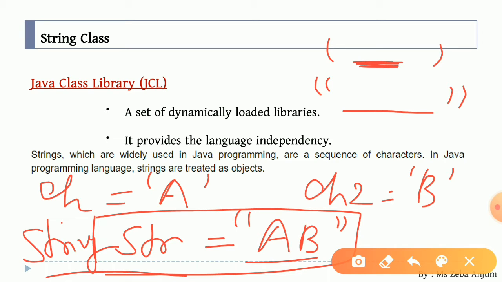Now we can also treat this string as an object. Remember about the object, we create an object using our new keyword. Yes, okay, about the objects also we are going to study in the upcoming slides when we learn about string functions. Okay, then we will see about these objects.